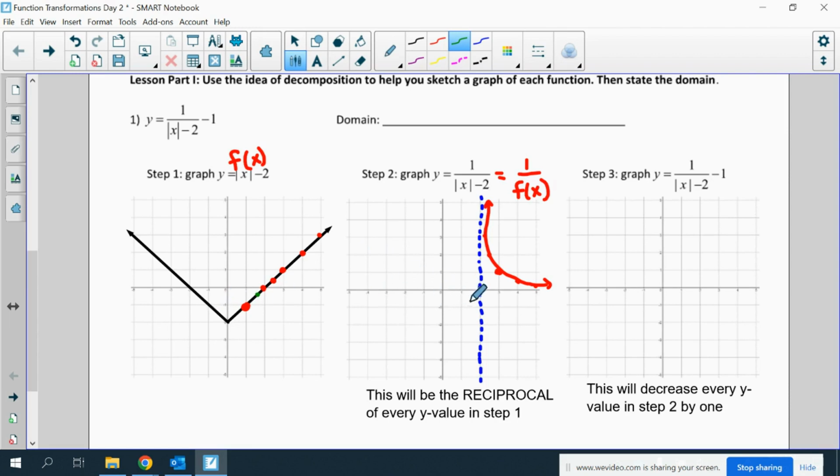The reciprocal of that is -2. (1, -1) becomes (1, -1). (0, -2) becomes (0, -1/2). (-1, -1) becomes (-1, -1). (-1.5, -1/2) becomes (-1.5, -2). And what you can see is something that appears to be going off toward these asymptotes,